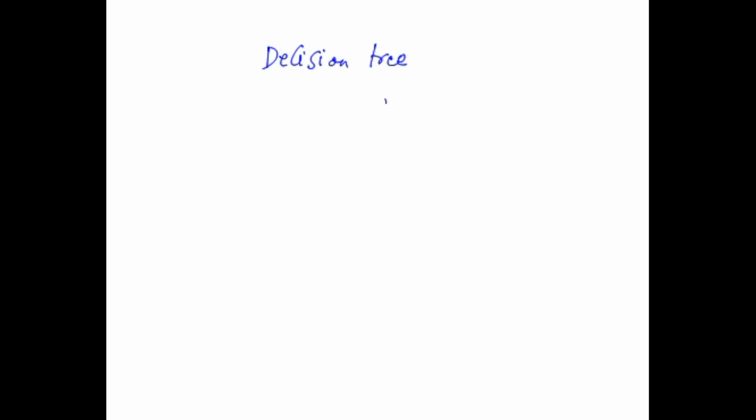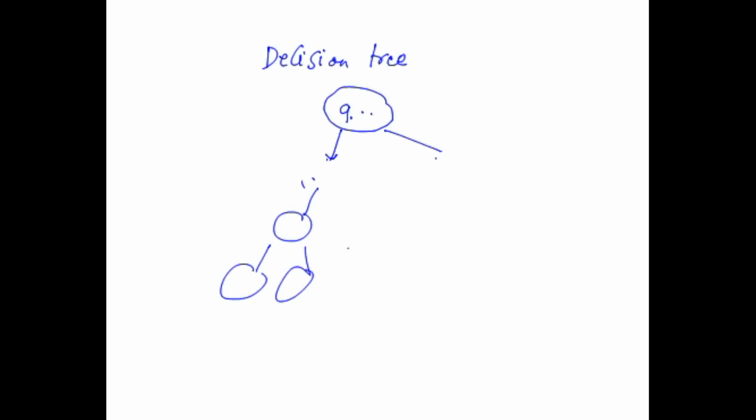What we do is start with the first node and do the first comparison. Depending on whether the answer is yes or no, you go to the left hand side or right hand side. You keep doing the next set of comparisons, and when you reach the leaf node, you get the sorted sequence.